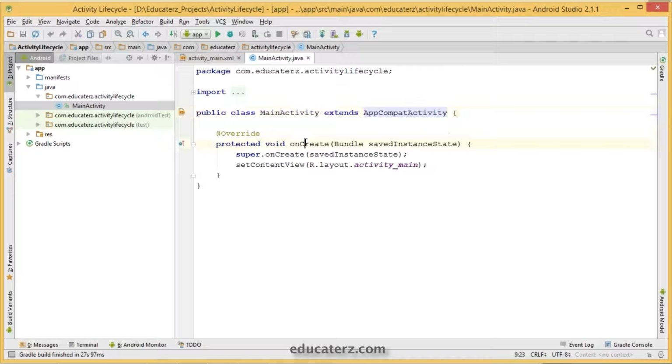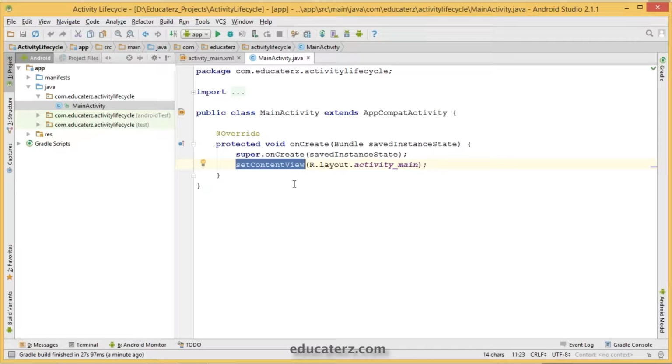Now onCreate has been mentioned by default, because when you create your activity for the first time, onCreate will be called. So everywhere it is calling your superclass onCreate method, which is here super.onCreate. So this setContentView method will set the content for the view. So view is nothing but our layout. So that will be set to the setContentView method.